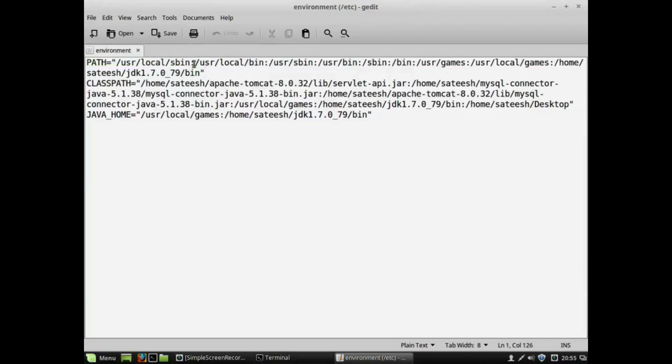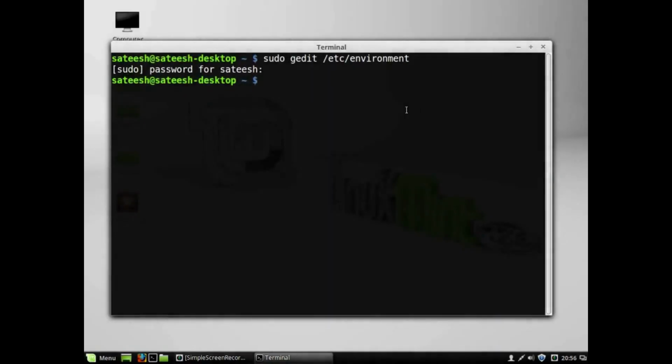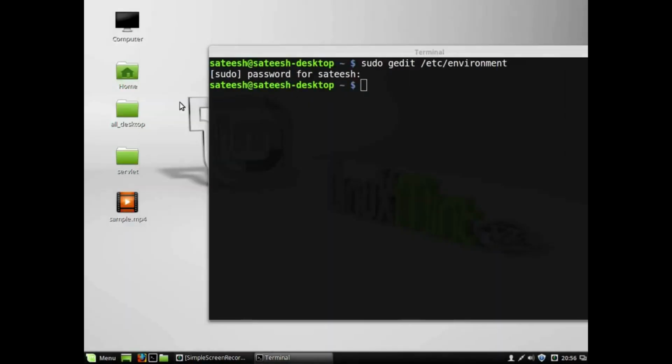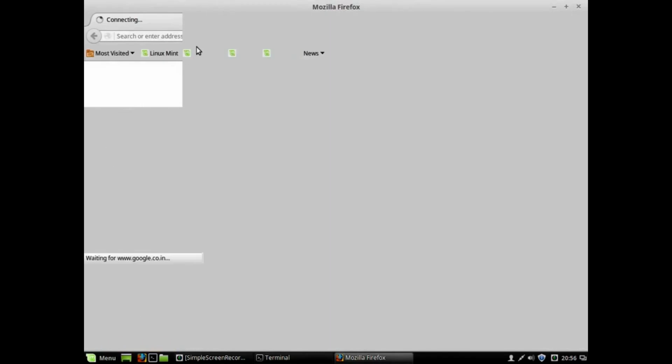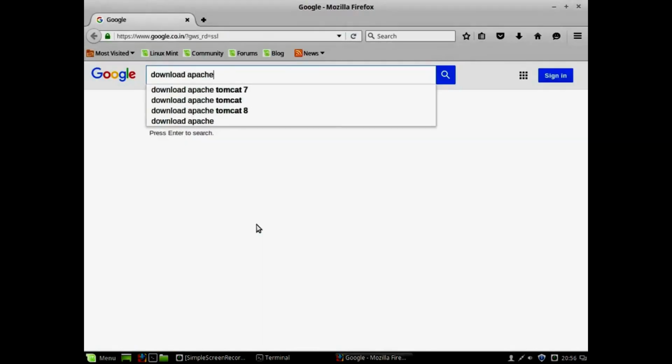Now you need to embed one more value, whatever we have copied. We have copied this location: the directory under my home directory, there is Java, under bin, we have the executables javac and java. To recognize these two commands, we need to set the path like this. Once after doing it, now the second software we require is Apache Tomcat. If you do not have Apache Tomcat, you can very easily download it from the internet. Download Apache Tomcat.